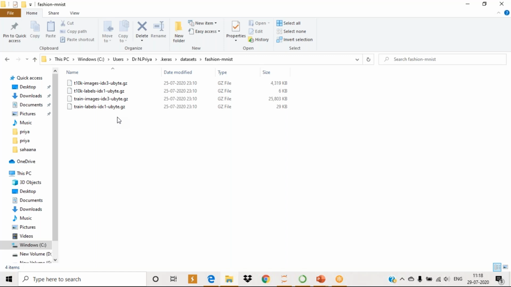So 60,000 for training and 10,000 for testing. Okay, I'm going to separate it into two different data sets, one set 3:1, so 60,000 for training and 10,000 for testing. In that, the 60,000 images are stored in the third file, train images. It's a compressed one. And the last one is the answer for each image.